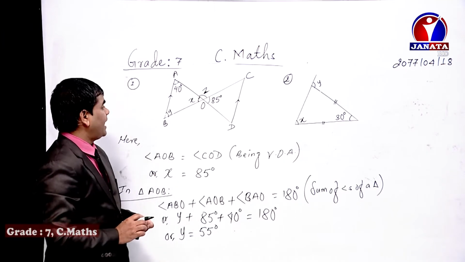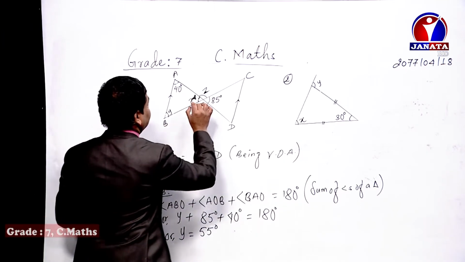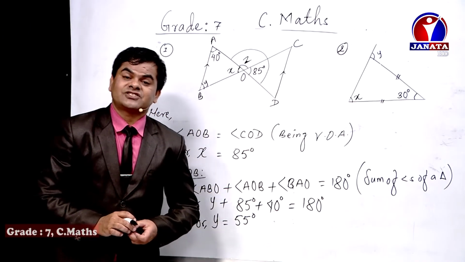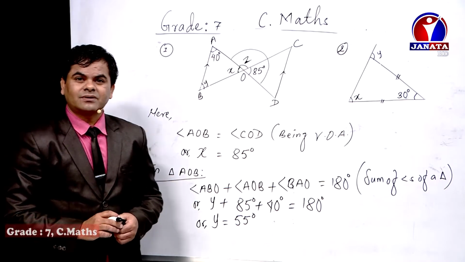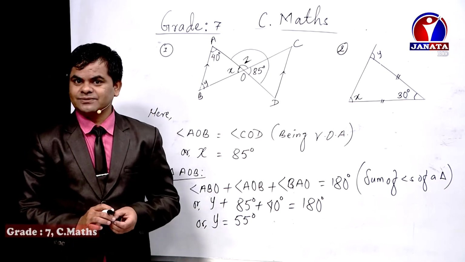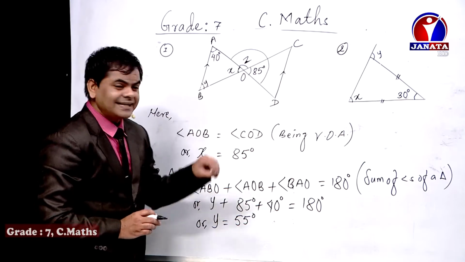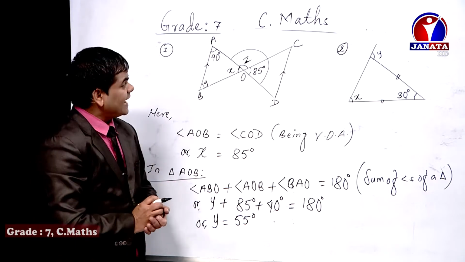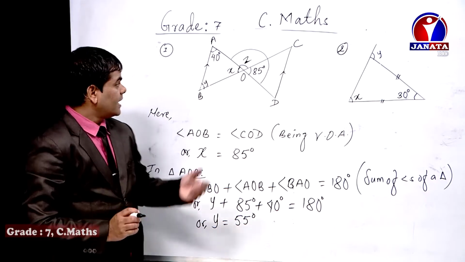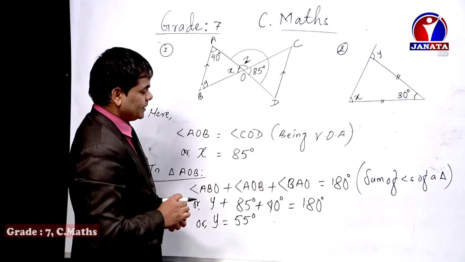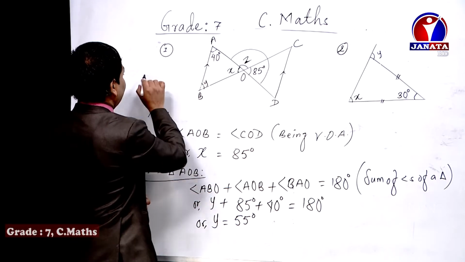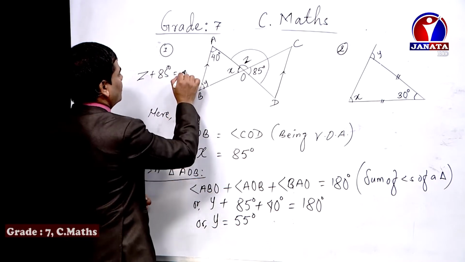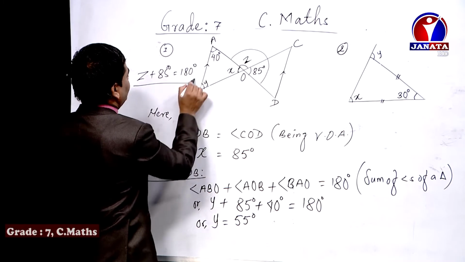In order to find out the value of z, we can take this one concept, dear student, of supplementary angle or the adjacent angle, and some people call this one a linear pair as well. So whether you say linear pair or supplementary angle or sum of adjacent angles, their sum becomes 180 degrees. So you can take that one. How can you do it? z plus 85 degrees equals 180 degrees, sum of supplementary angles.